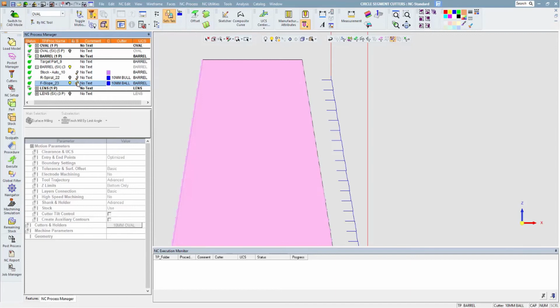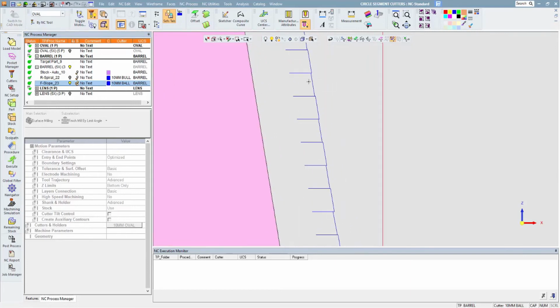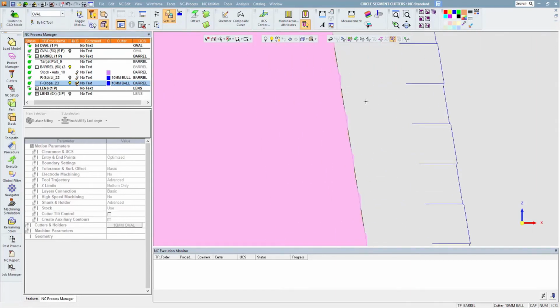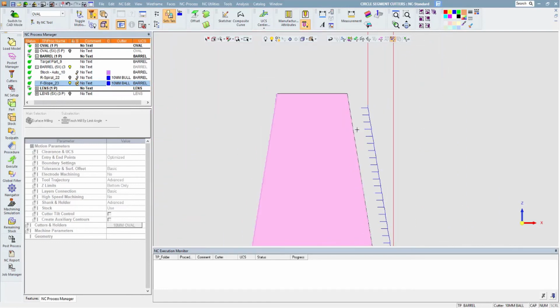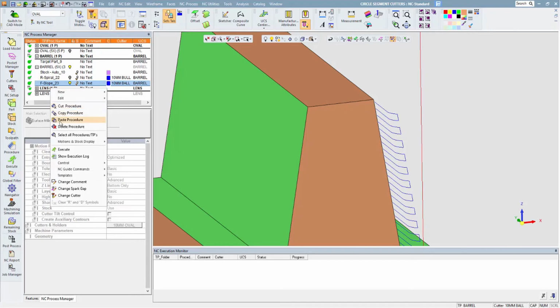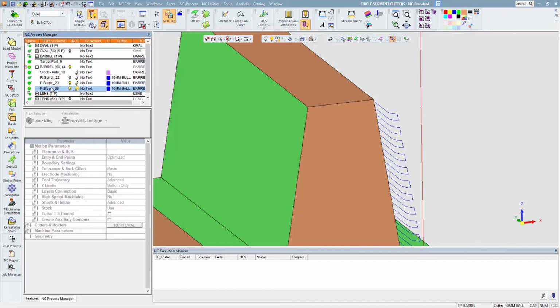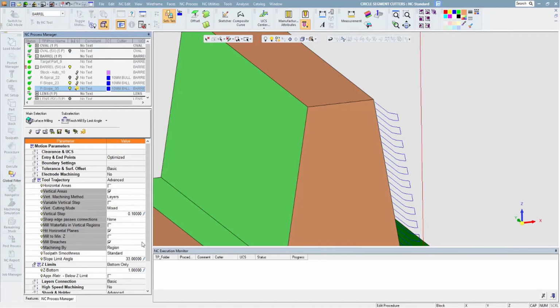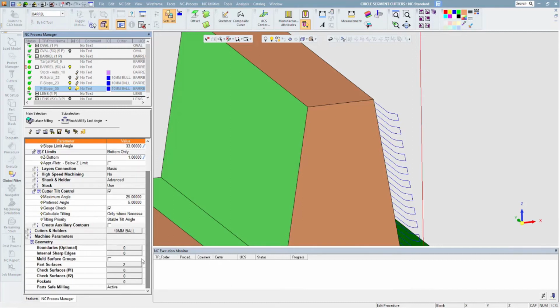Now, in this case, we can see what this is leaving behind. It's not too much, but still, we would have to reduce that down step to get a better finish. Now, if we copy this, we're going to try a barrel cutter here. So we'll come down,